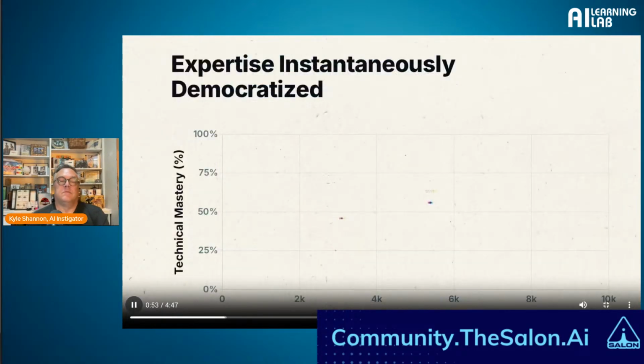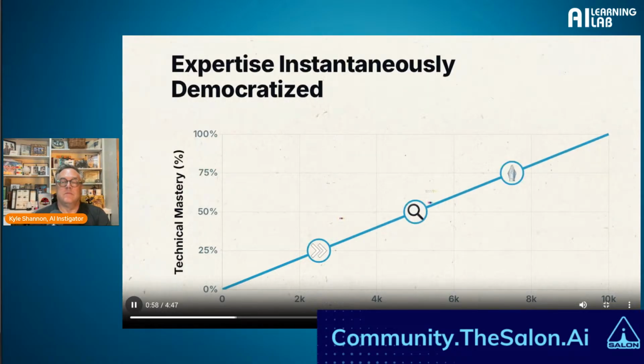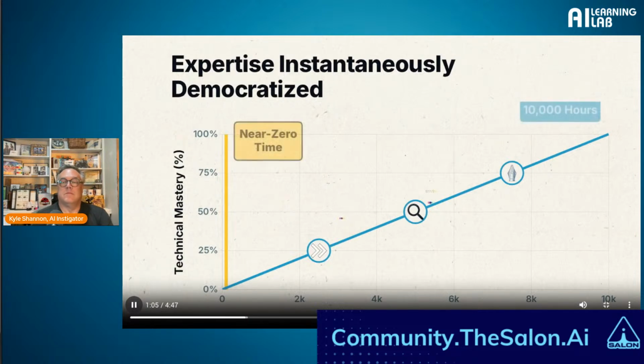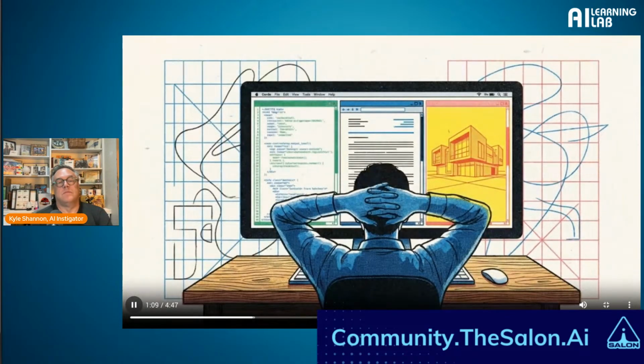This graph represents the traditional path to technical mastery. But look at how the 10,000-hour rule is suddenly intersected by a sharp drop to near-zero time. Skills that used to take years to acquire were democratized in an afternoon. While this felt like a period of newfound superpowers, it also began the process of turning specialized human